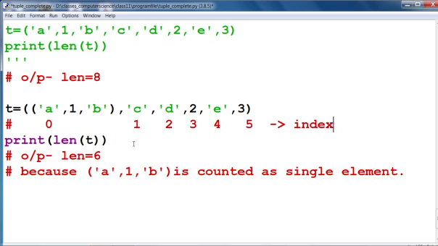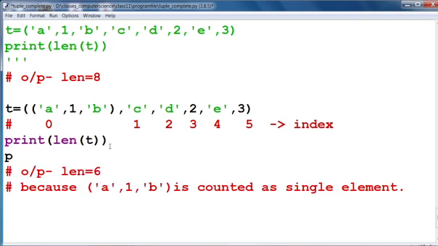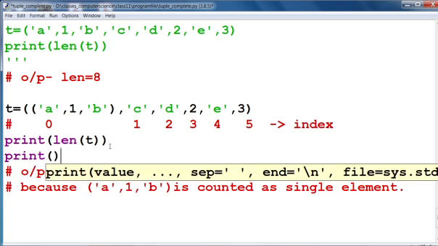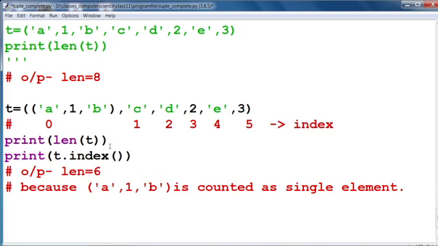So if we are going to print the index of an element, we use t.index and pass the value. Our value is a1 and b. Now check the output.